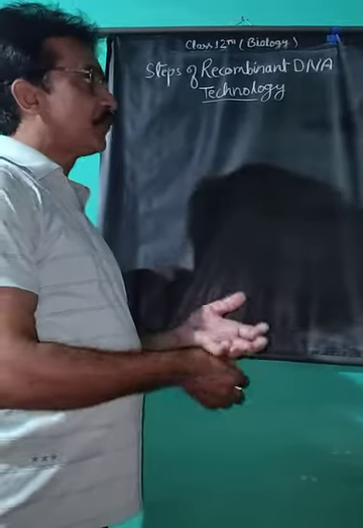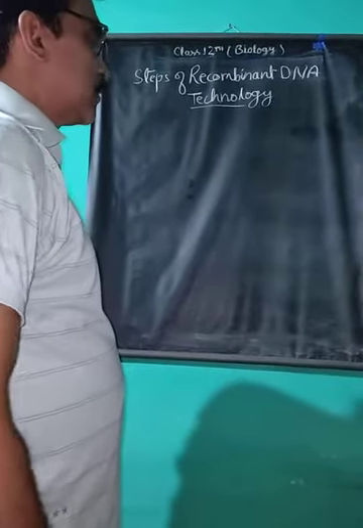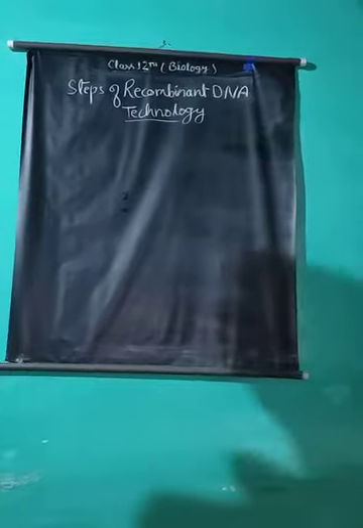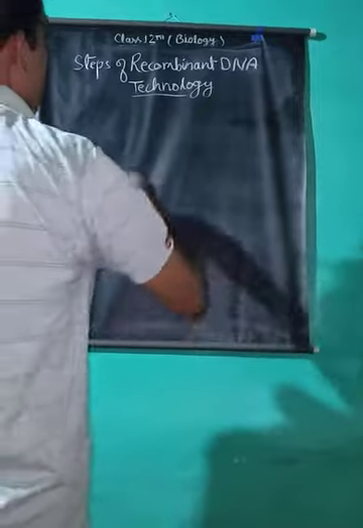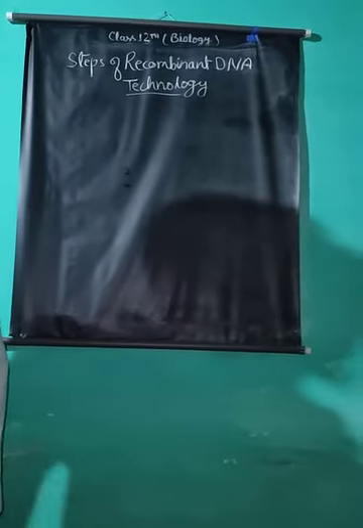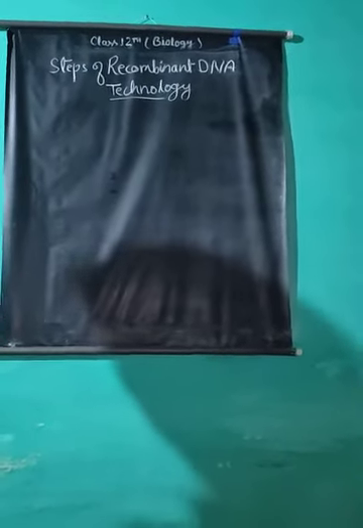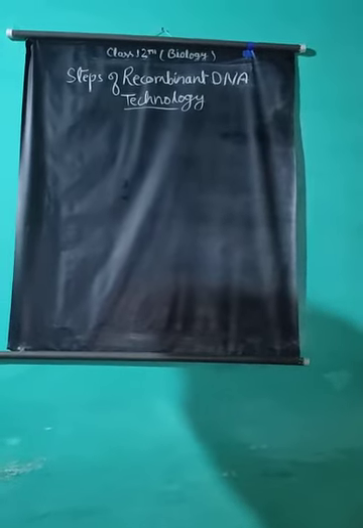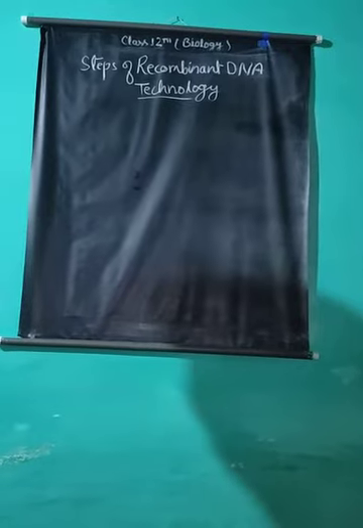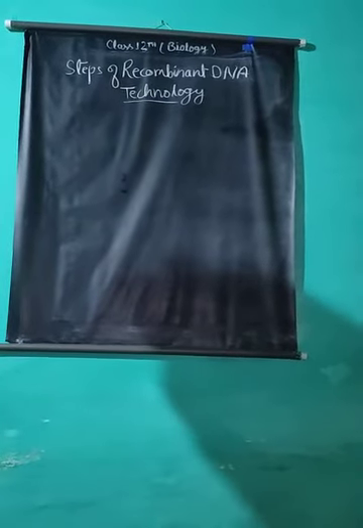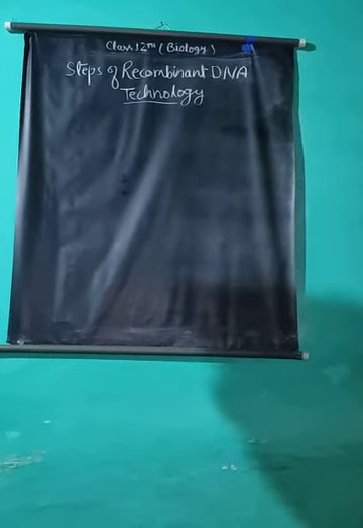We have started unit 4, chapter 11, biotechnology principles and processes. Today we have to read the steps, or mechanism, of recombinant DNA technology. In this technique, the desired or foreign DNA is obtained from different sources. These DNA are inserted into a suitable vector with the help of enzymes and then transferred into other biological systems.